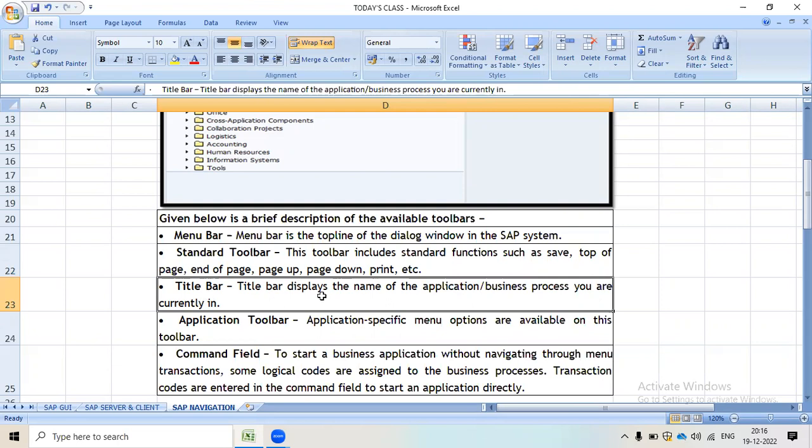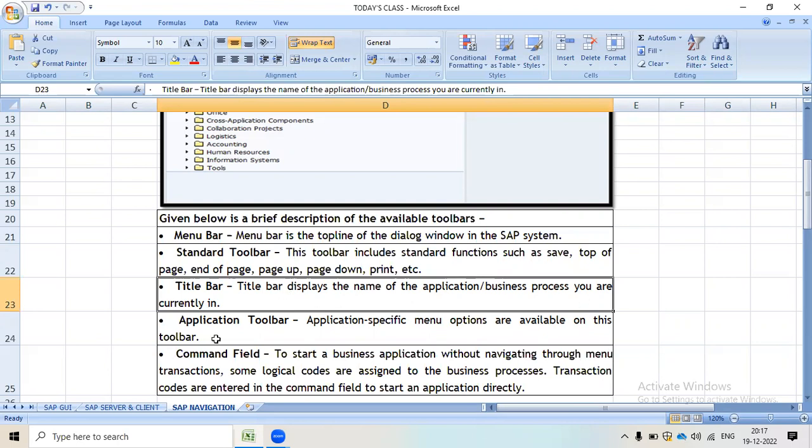Title bar. The title bar displays the name of the application or business process you are currently in.